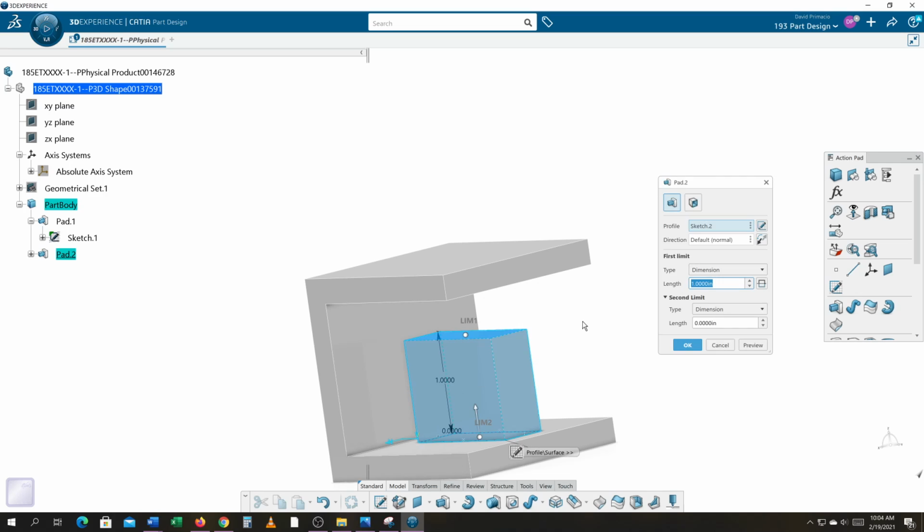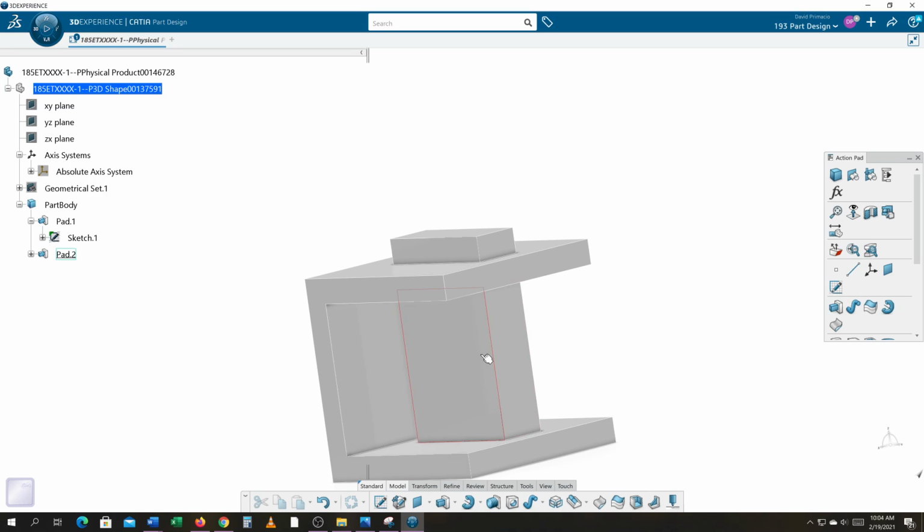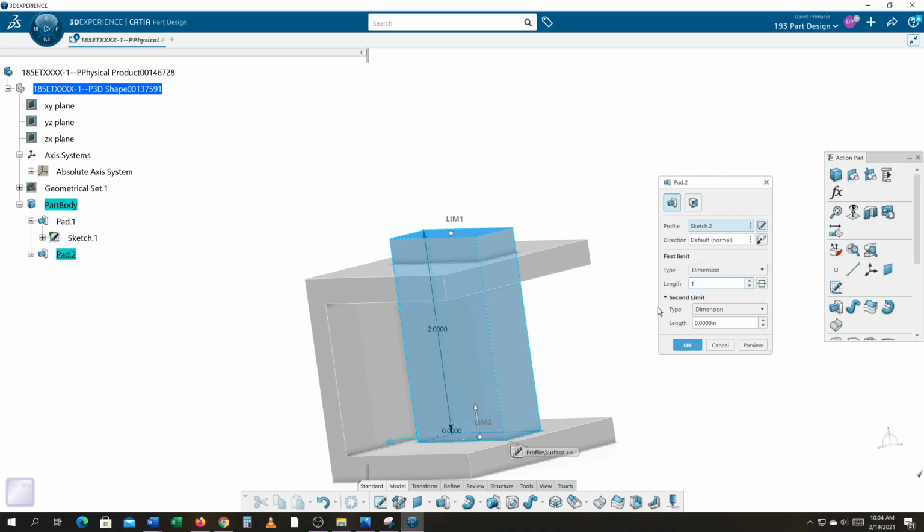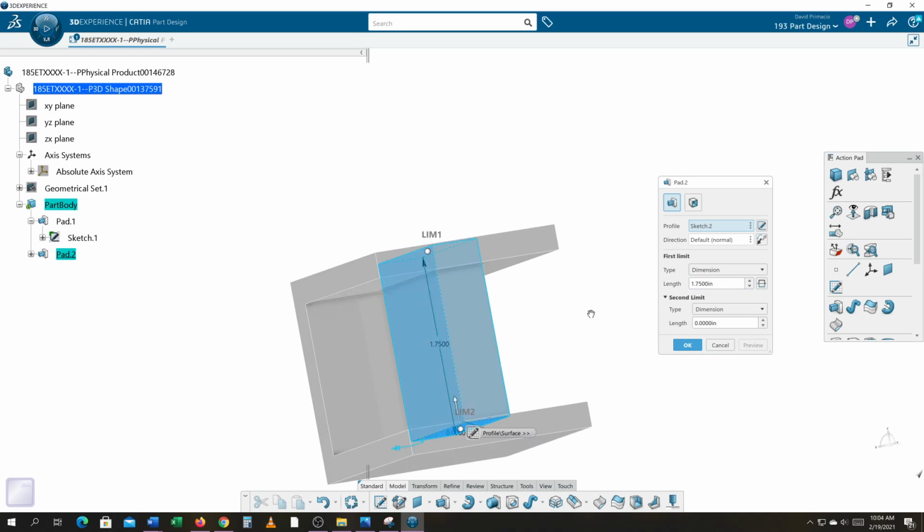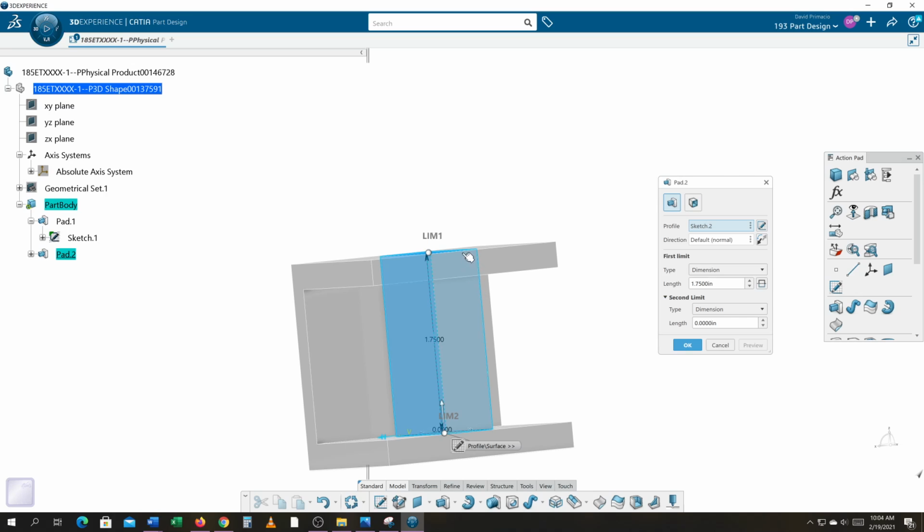I can double click this and I could go to a dimension and change that to, I think it's 3 inches. Oh, see, it went right through it. So I don't want to do that, because you can do that if that's what you wanted, but I don't want that. Let's go 1 3/4. Okay, see how that's going all the way through, and then if I change that to 1.5 inches,